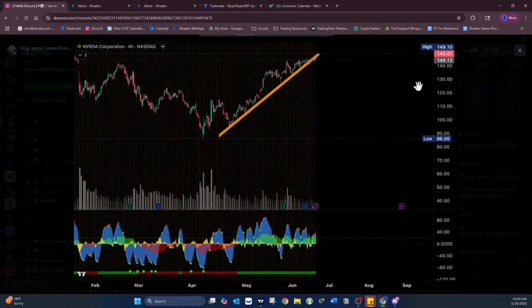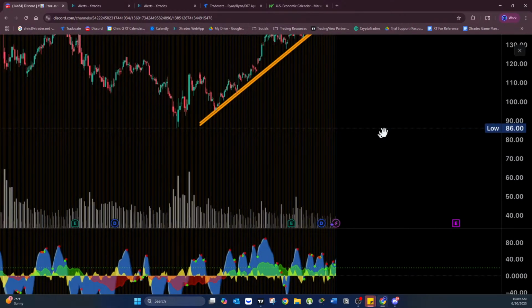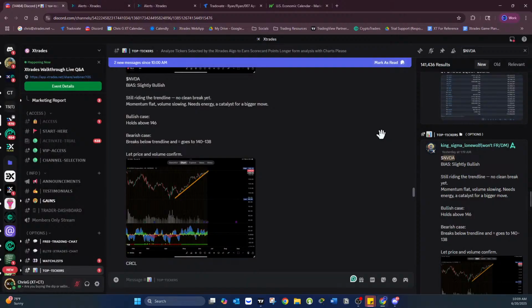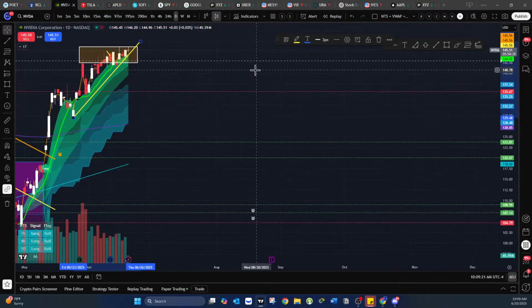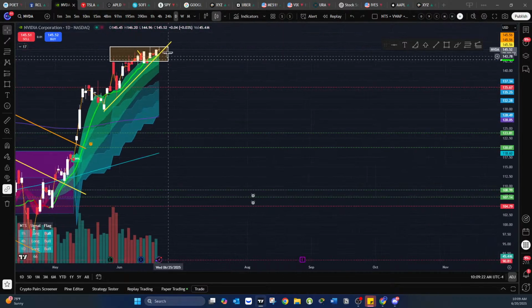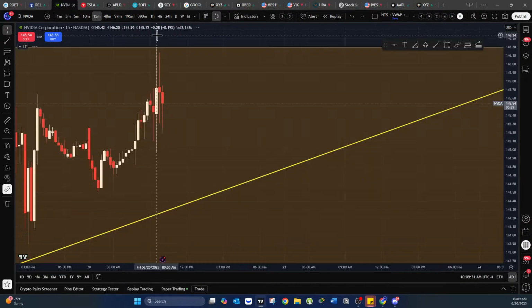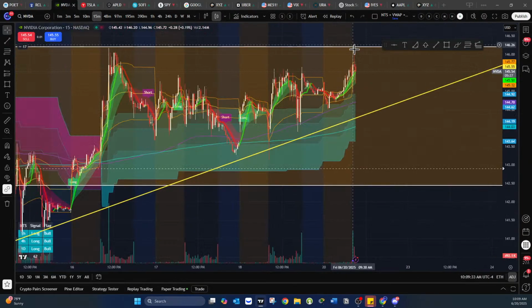You're short NVIDIA? Yeah, like I said, the risk reward is better to the downside right now. And it's an easy stop loss if we break above 146.50 probably. Let me see. The high on this candle is 146.20. Let me zoom in a little bit. High on day is